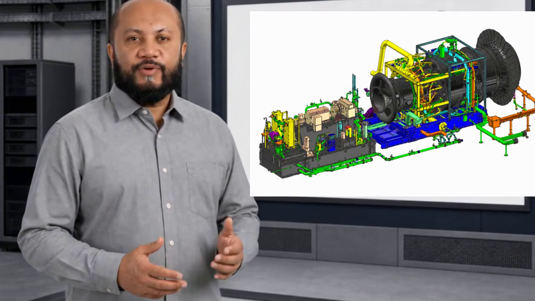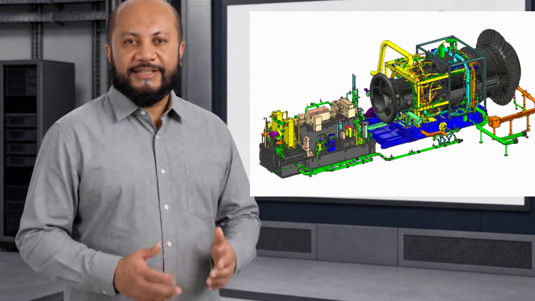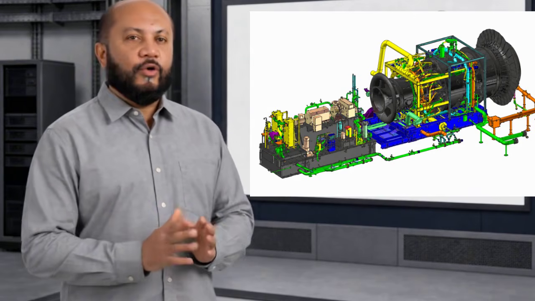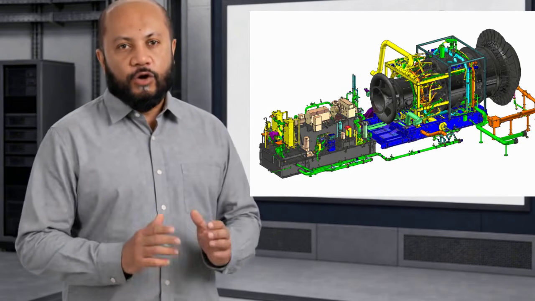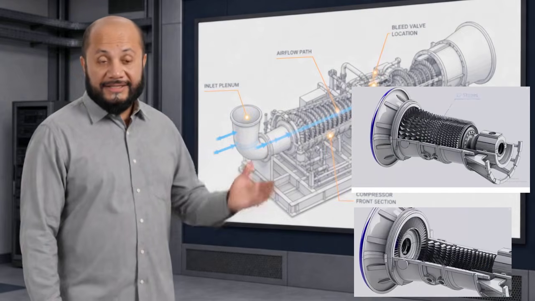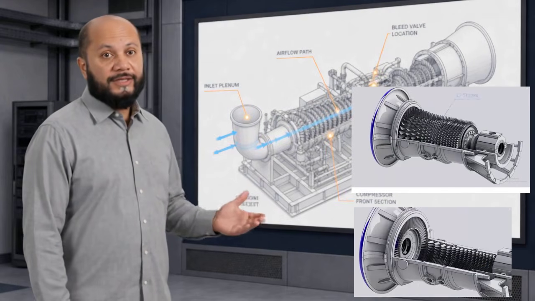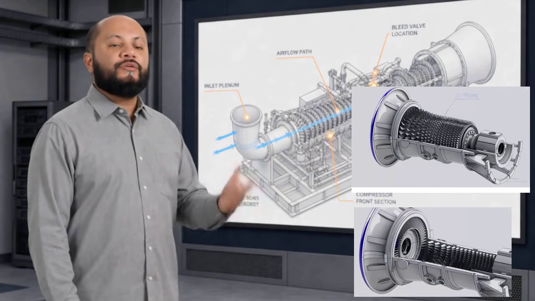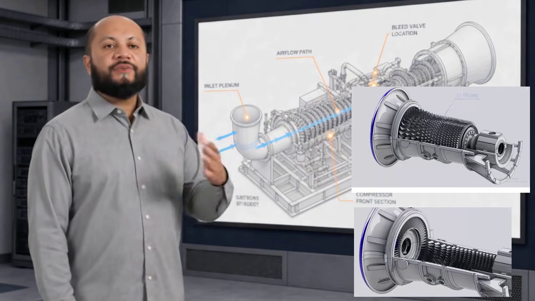Welcome to part 2 of the 9E gas turbine introduction series. Here you can see the overall 9E gas turbine plant along with the three-dimensional view of the 9E gas turbine package. When the starting system turns the rotor, filtered ambient air is drawn through the inlet plenum and into the